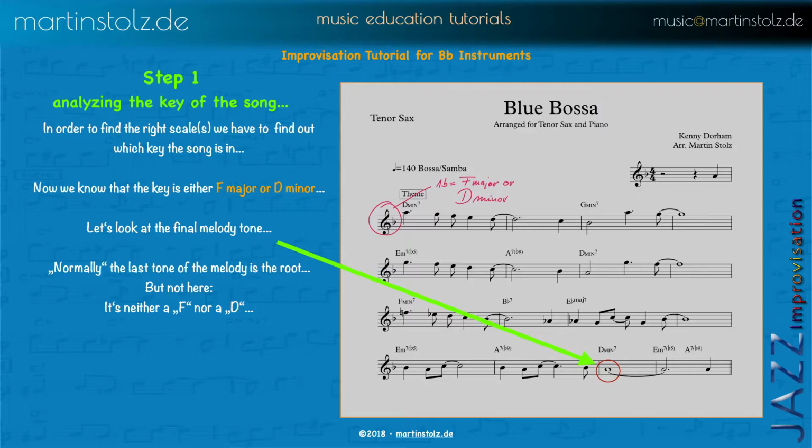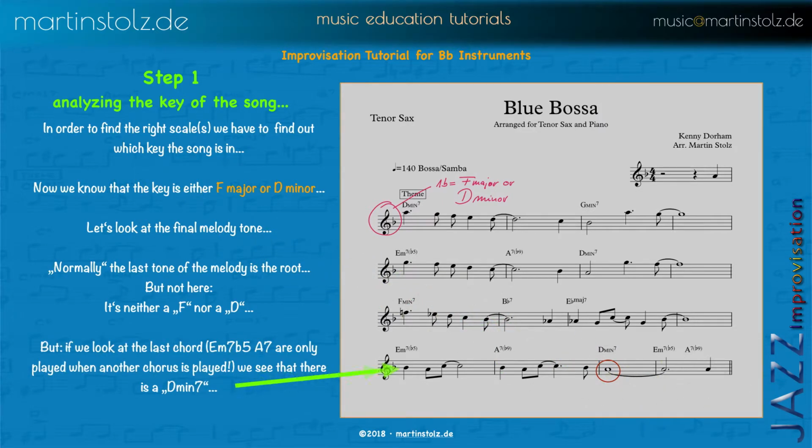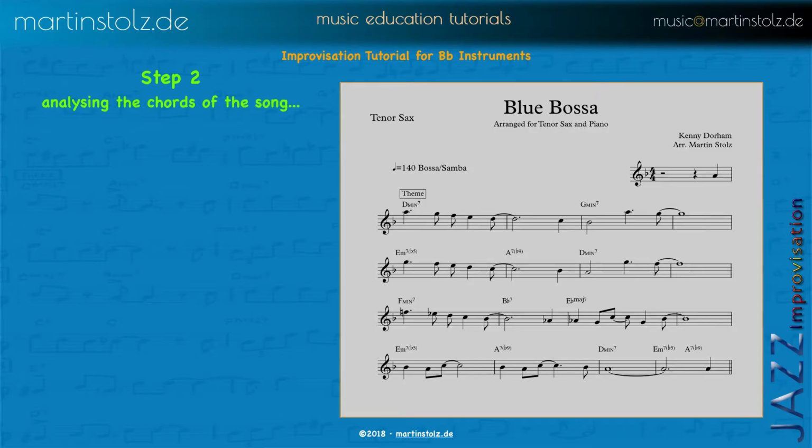But when we look at the chords, on the last chord, and even at the chords of the tune, just look around the tune and there's no F major at all, so why should it be F major, you know? It's obviously D minor. Okay, now we should take a closer look at the chords,